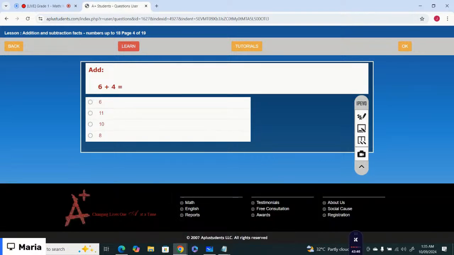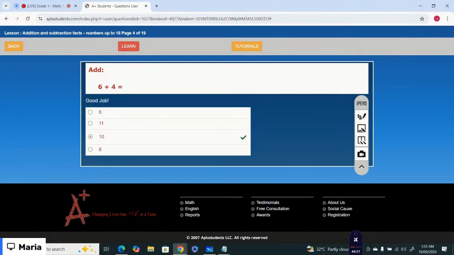Okay, the next one is 6 plus 4. So which is the correct option? The correct option is, very good. 6 plus 4 is 10. So the correct option is 10. Option number 3 is the correct option. Got it? The next one is